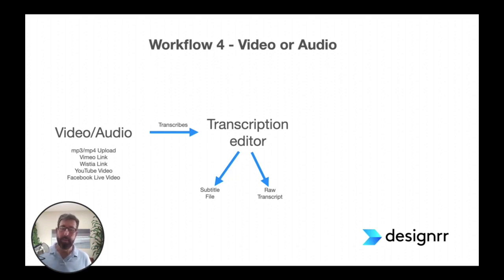So that's all in the transcription editor, which is slightly different from the draft editor because it has transcription type tools. Okay, so things like titling, search and replace, who's speaking, who's not speaking. And in the transcription editor, you can actually export the raw transcript. You can export it as a subtitle file, so you can put those subtitles into YouTube, or you can just export the raw transcript and then load that into Word or some other tool